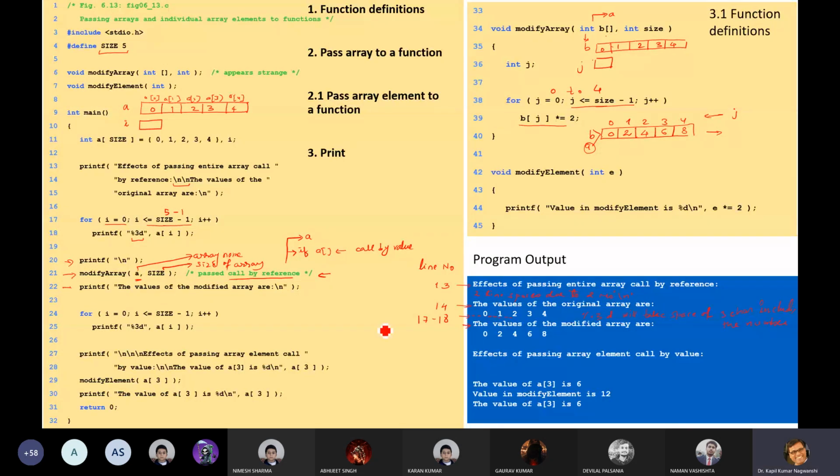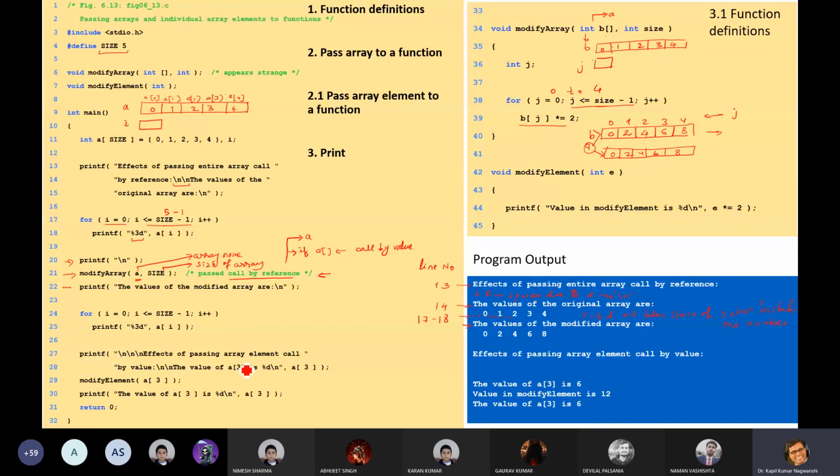Again, we are going to print the values of the modified array, and we have called the same function. Now these values are replicated as 0, 2, 4, 6, and 8 in A. Okay. Now this will print the values as 0, 2, 4, 6, 8.